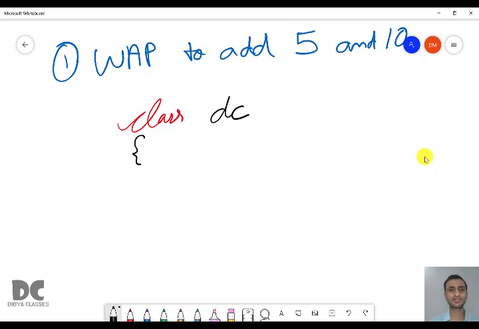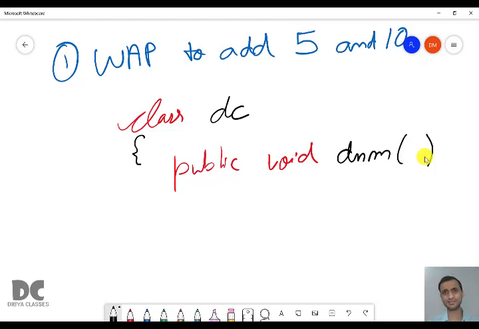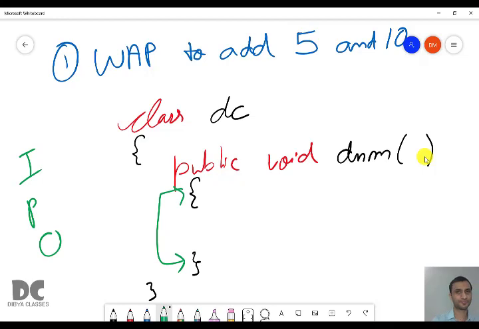Then curly bracket starts, and after that you have to write public void and give some function name. You can give any name according to identifier rules. Then curly bracket starts, curly bracket ends, curly bracket ends. And the input, processing and output will be written inside these curly brackets. So IPO: I means input, P means processing, O means output. You already know about processing and calculations, how to add two numbers. In chapter 3 we studied the arithmetic operator, the plus sign. Using that plus sign you have to add these values, 5 and 10.